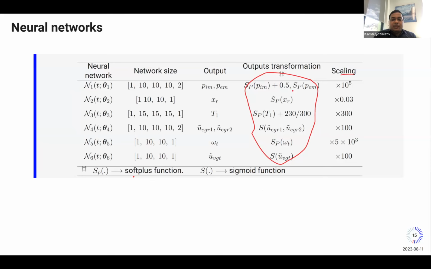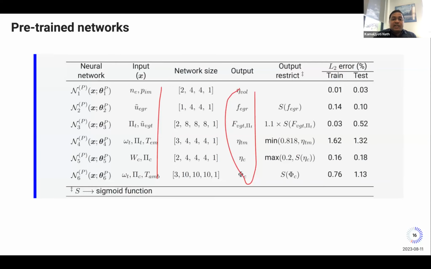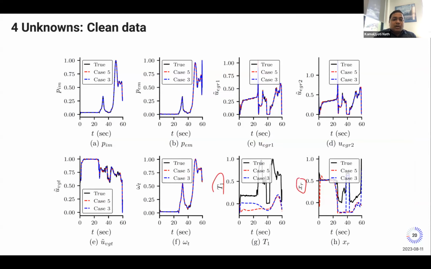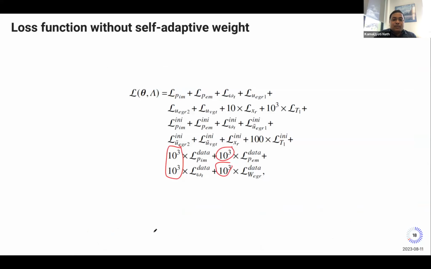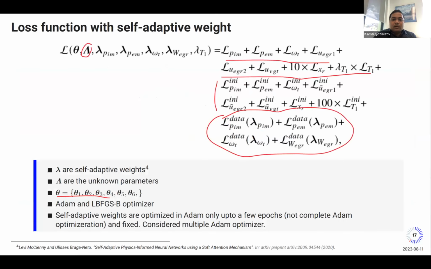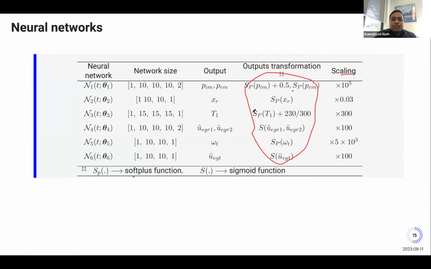Yes. So why do you split it? Why not use just one neural network for that? If you see the results, they are completely different. These two are similar, that's why we combine these two. The EGR ones are similar, so EGR is combined. Then PGT is completely different, and omega is different. So that's why they are separate. PM, these two are similar, so this is one neural network.